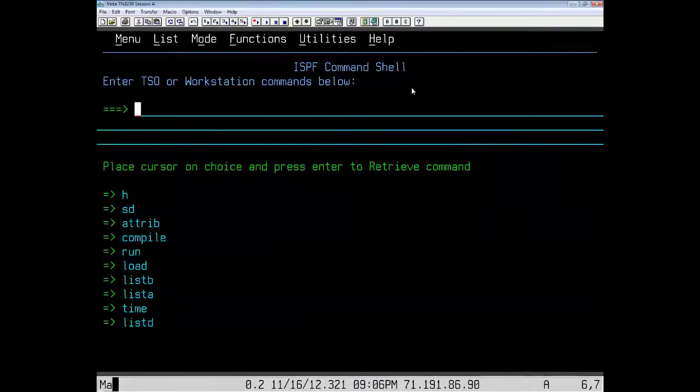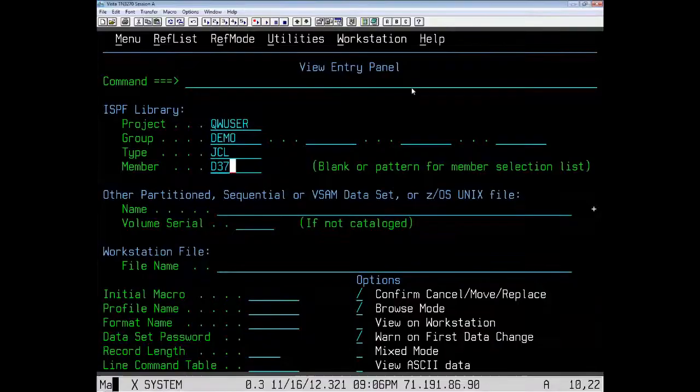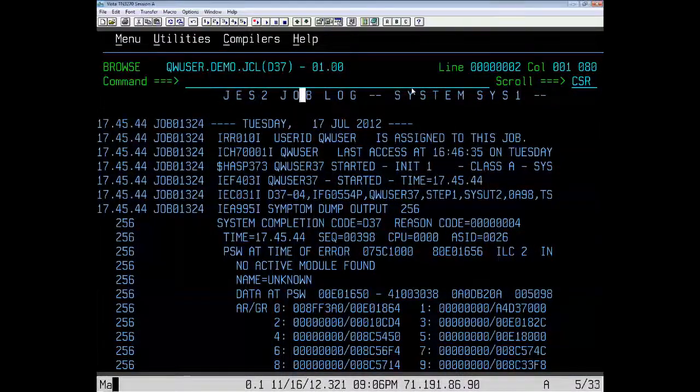Now let's go back and look at cursor-driven invocation. Cursor-driven invocation is usually done when you're looking at some type of a report, the JES2 job log using SDSF. The basic idea is to type QW on the command line and to move the cursor to a position for a message that you would like to look up. Simulate one here. Let's say in this listing you want to look up